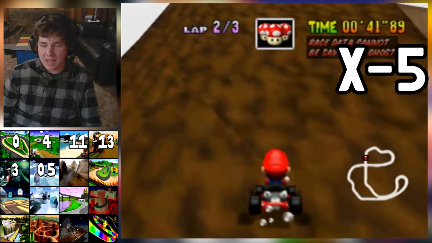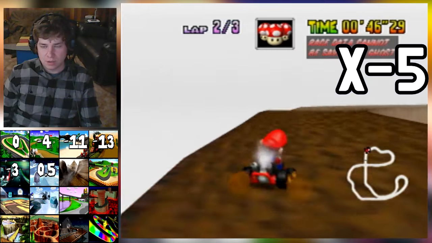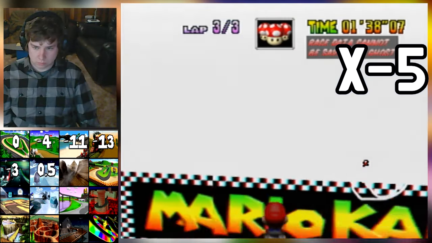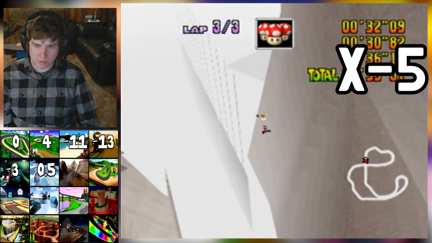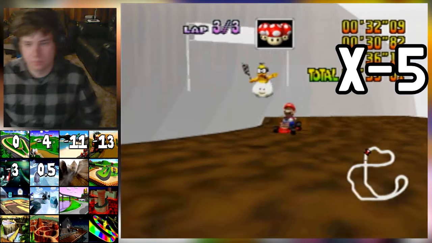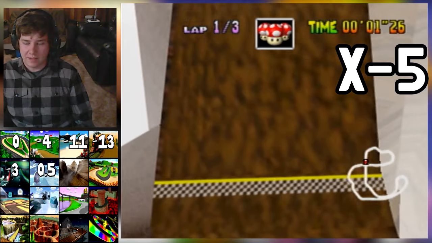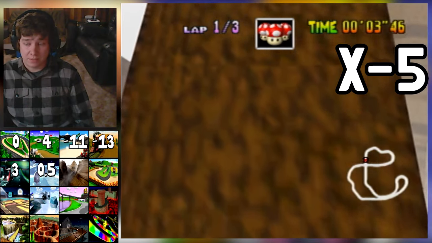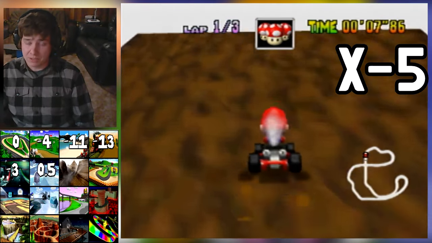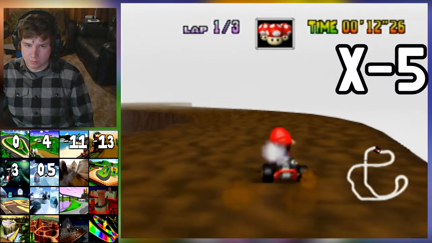So for this level, I'm going to have 2 ratings. I'm going to have the rating for the lowest with the shortcut and the lowest without the shortcut. So that is -5 with the shortcut. Okay, now let's see if we can do it in -5 without the shortcut. And I'm thinking probably not, just because there's a couple pretty steep kind of jumps or bumps in this course, so...